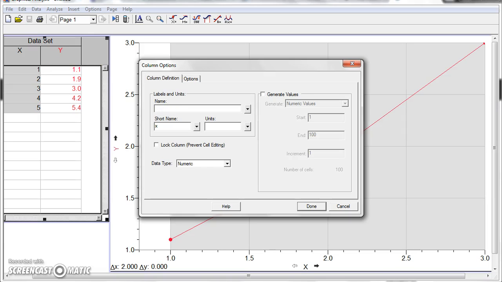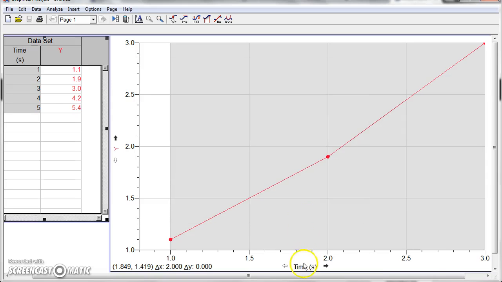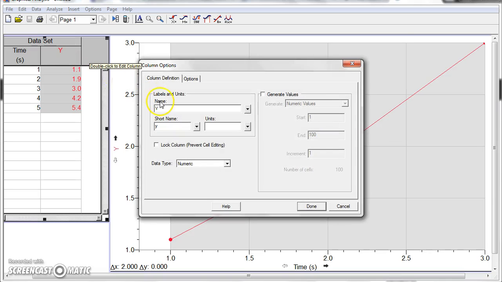So in this case, let's make a time, and time will measure in seconds. So we hit done, and you'll just see the time in seconds. In fact, with graphical analysis, it's pretty intuitive. Whenever you want to do anything, just double click it. So we want to name the y-axis, double click it, give it a second, the dialog will pop up, and